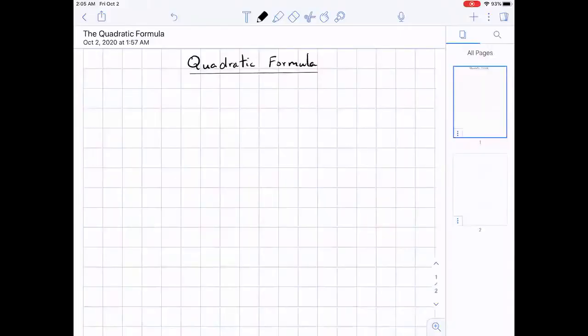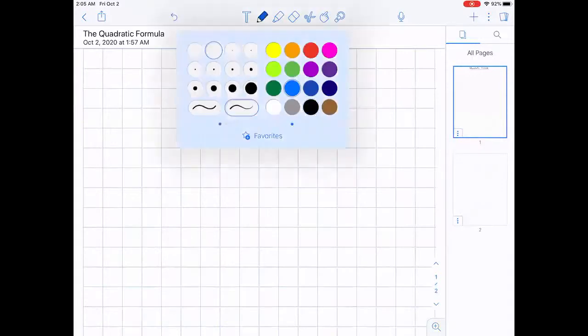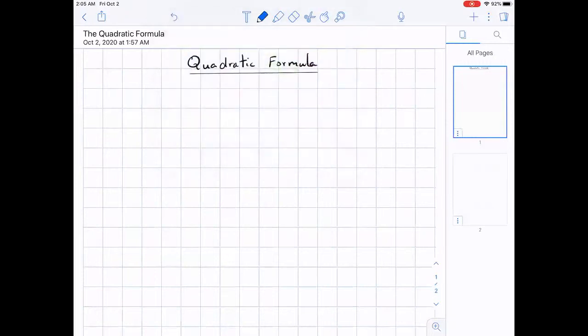We'll now look at the quadratic formula. The quadratic formula is a formula we use to solve quadratic equations. As you recall, a quadratic equation is written in the form ax squared plus bx plus c equals 0,